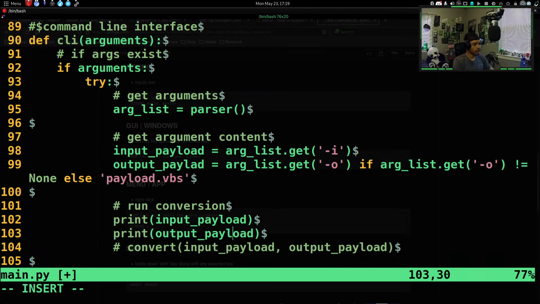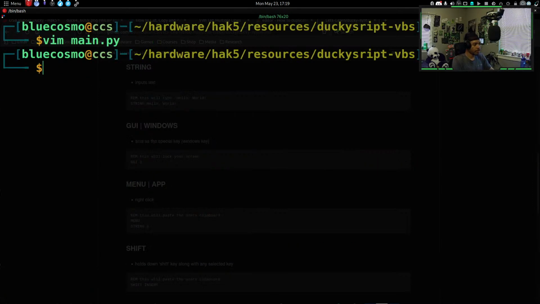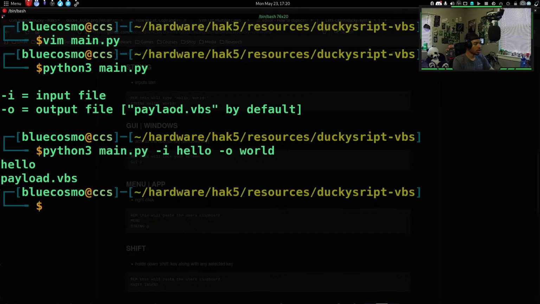All right, let me make sure all this is spelled correctly. Yeah, because this was going to be an annoying error that I would not have noticed. Cool. So if I escape, run this, python3 main.py, all right, cool. So if we do tag I hello, tag O world,